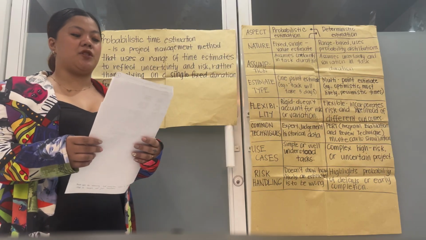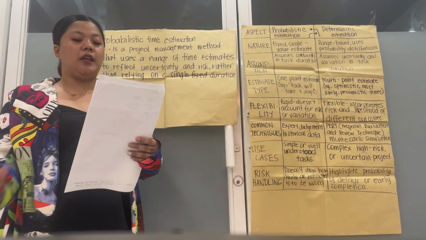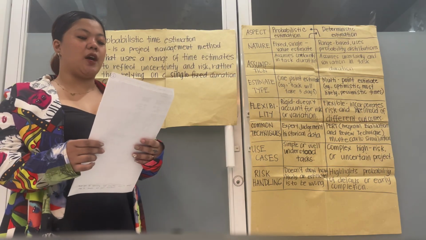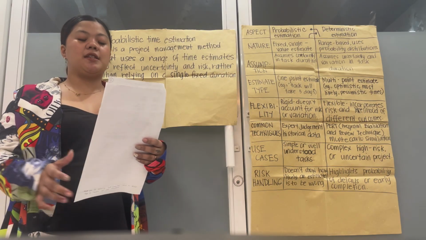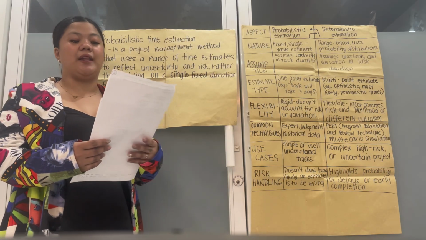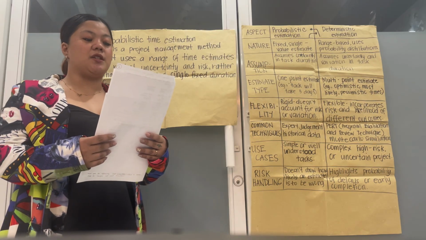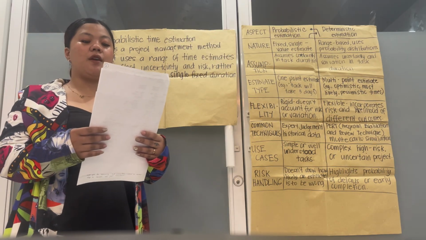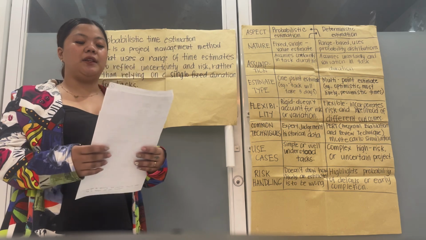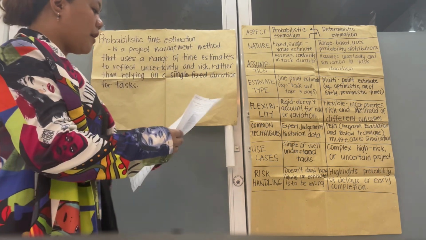Probabilistic time estimation is a project management technique that accounts for uncertainty in predicting how long tasks or activities will take, instead of assigning a single fixed deterministic duration to a task. It uses a range of possible durations to reflect the natural variability and risk in time estimates. We have here